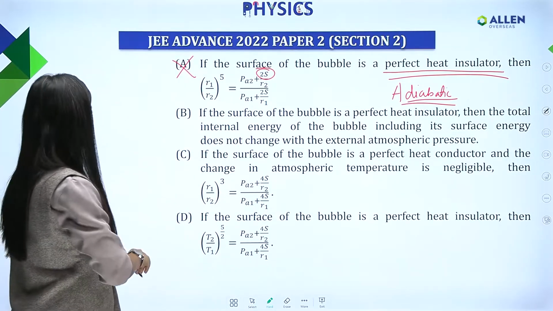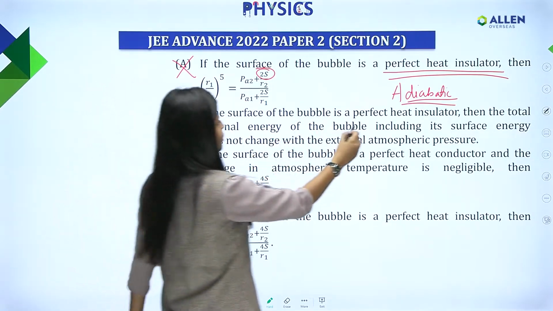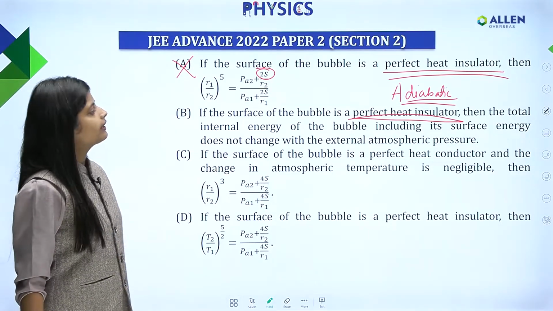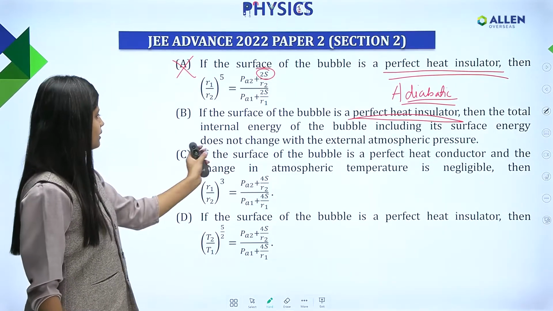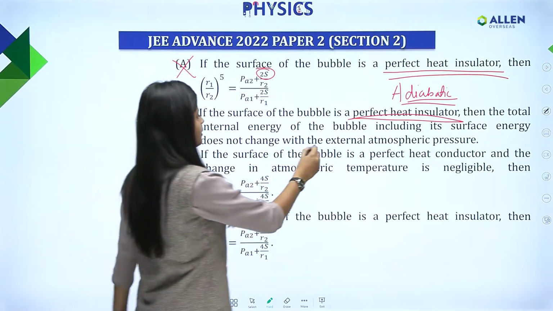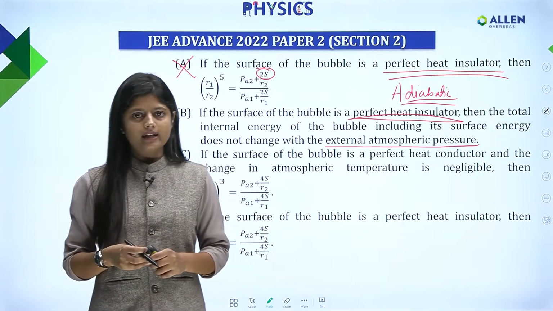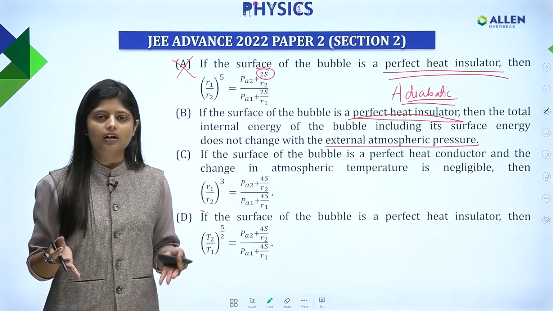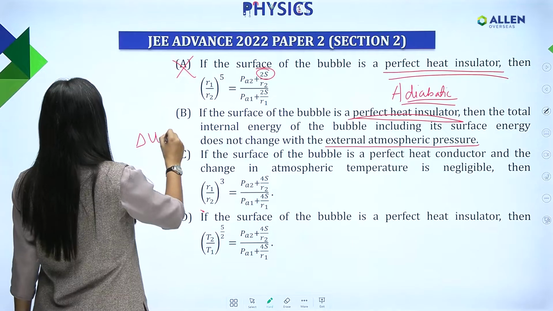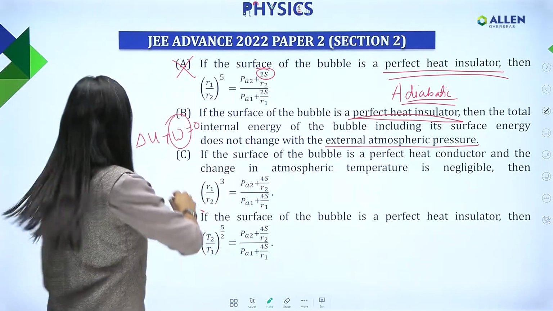Okay. Moving on to the next option, if the surface of the bubble is a perfect heat insulator, so again indicating adiabatic process, okay, then the total internal energy of the bubble including its surface energy does not change with the external atmospheric pressure. So see, when external atmospheric pressure changes, what will happen? It can exert some force and that will change the volume, okay, that can change the radius, volume. So delta U plus work done will be 0,